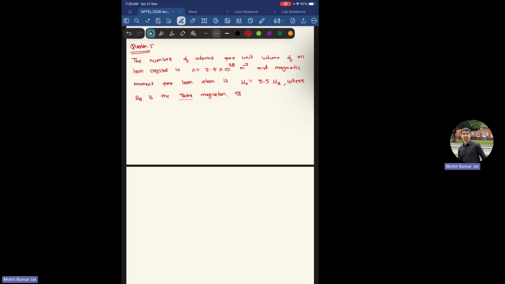Then the magnetic moment per unit volume of the iron crystal is